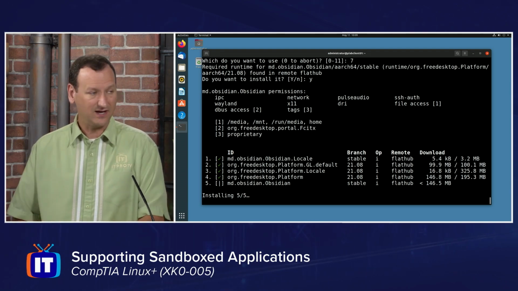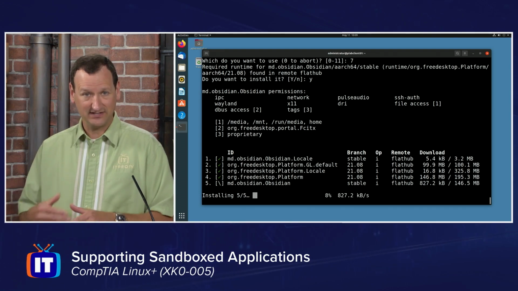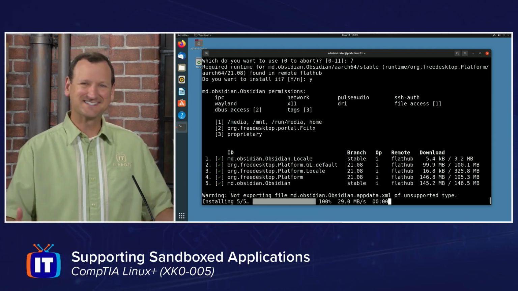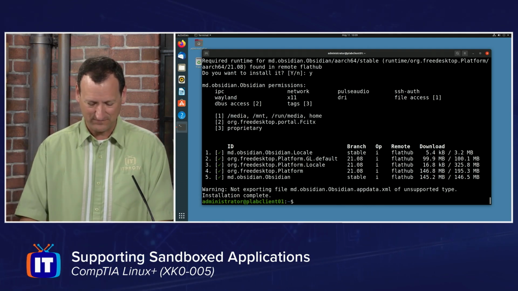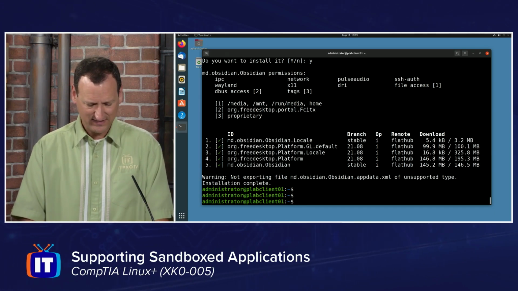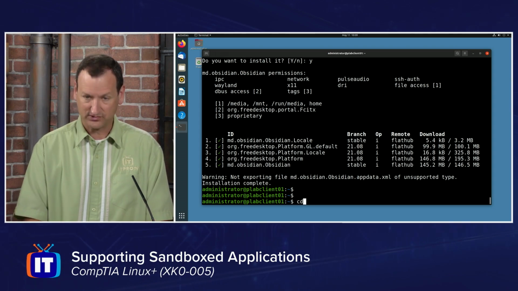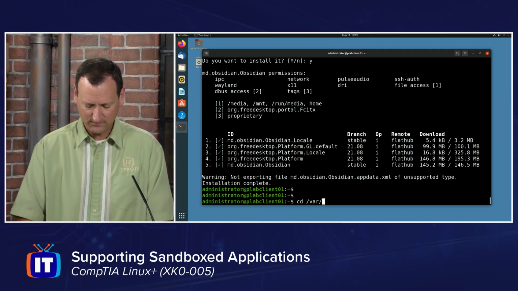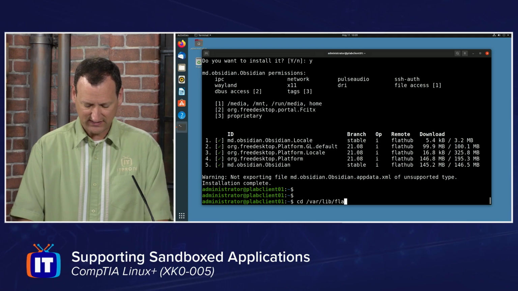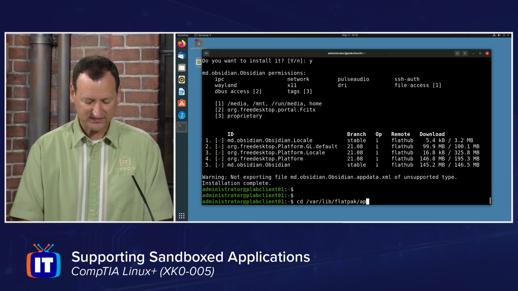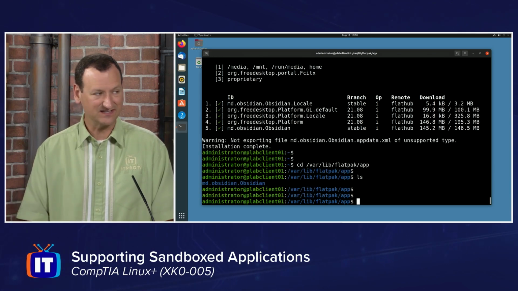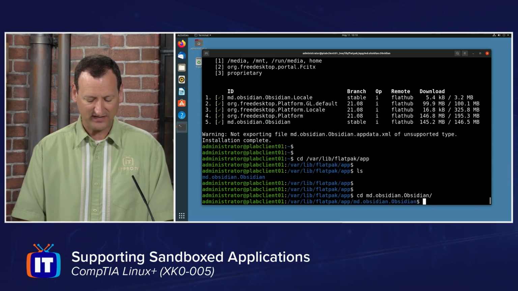But when it's done, I should be able to navigate into the Flatpak storage area, and see all the different files that are associated with it. So it is done, seems to be happy. It did not export an XML file, but that's okay. It'll get created when I launch the application. If I go into /var/lib/flatpak/app, that folder right there is where it installs, and I can see there's the Obsidian application, and if I